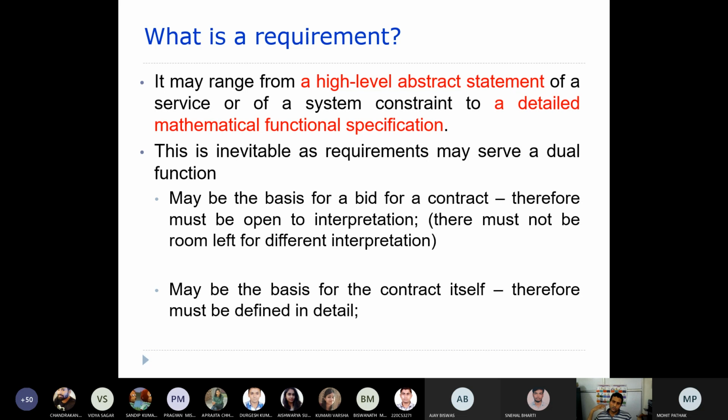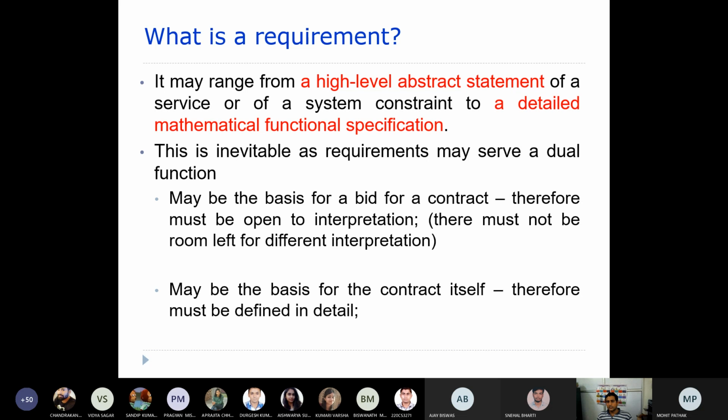So the contractor is going to bid against these requirements. That is the reason why there should not be any different interpretations. It should have only a single interpretation. That means the document should be very precise and accurate.